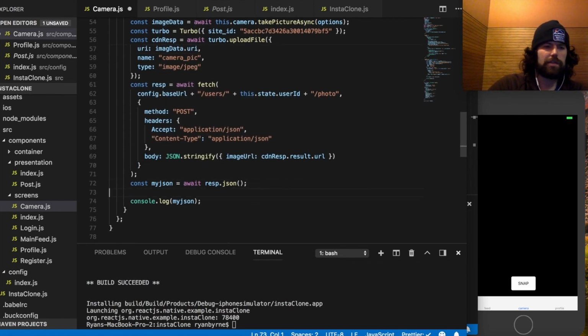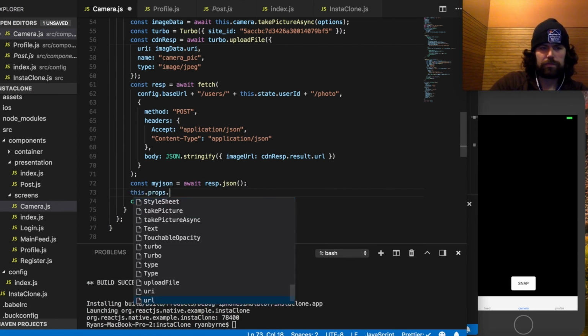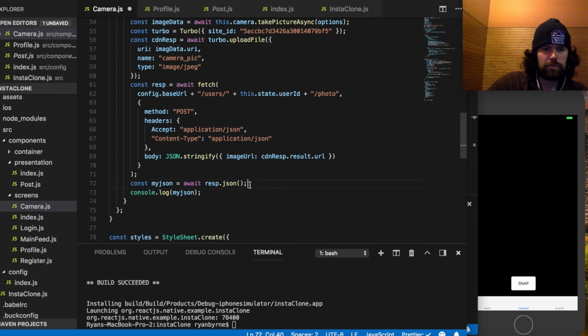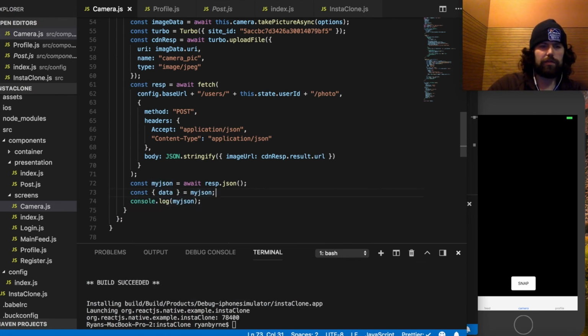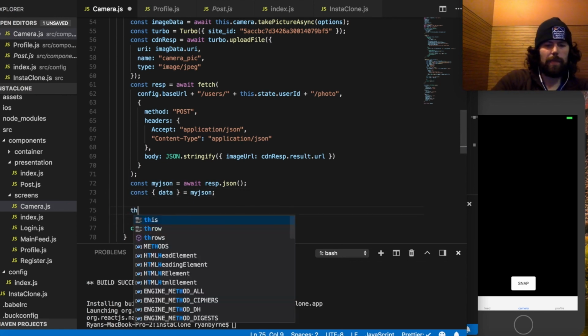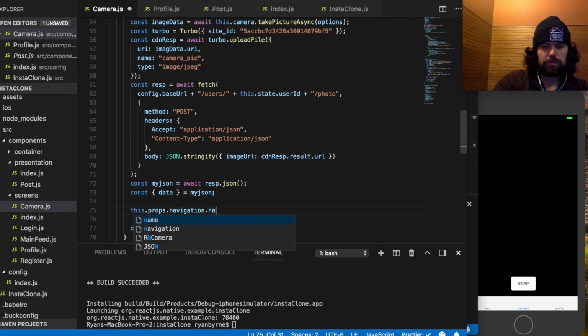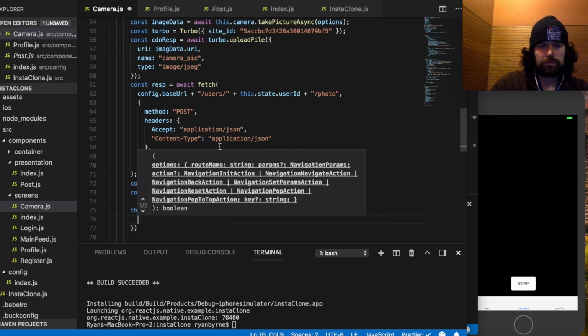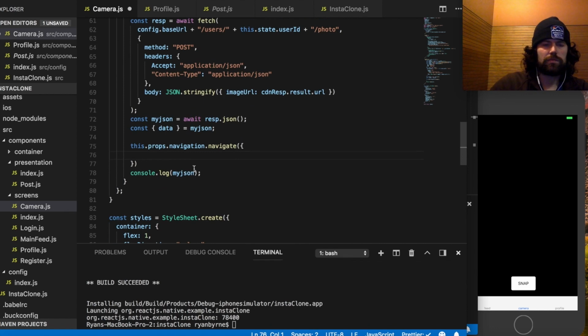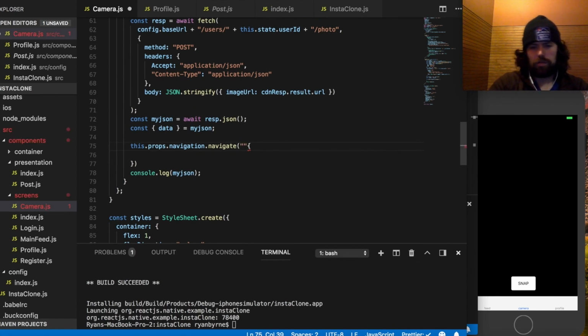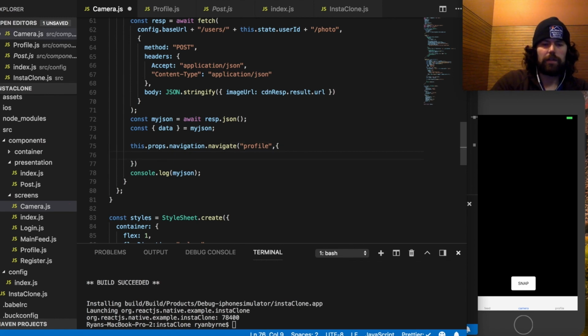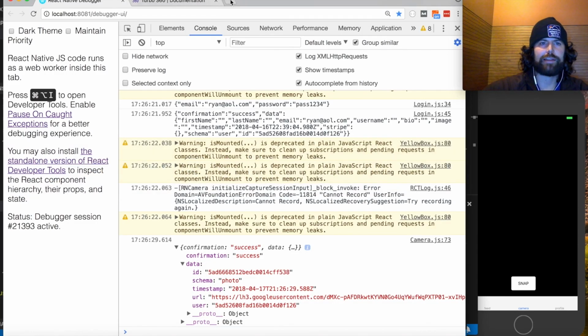And then down here, I want to say const data equals my JSON. So this is really just the individual photo object. And then we want to navigate to profile. And I'm going to call this new pic, and I'm going to point to data. And then if we check the React navigation,